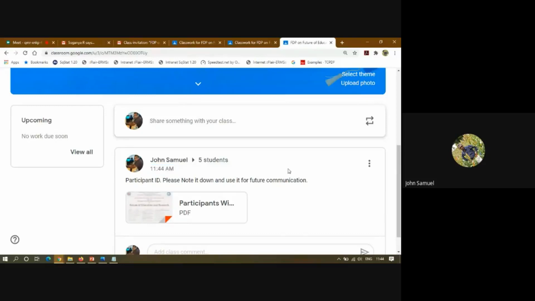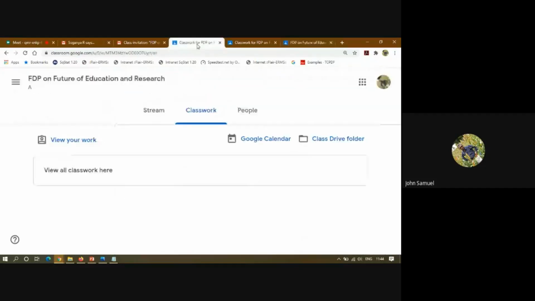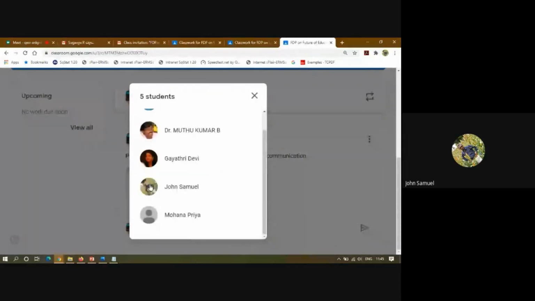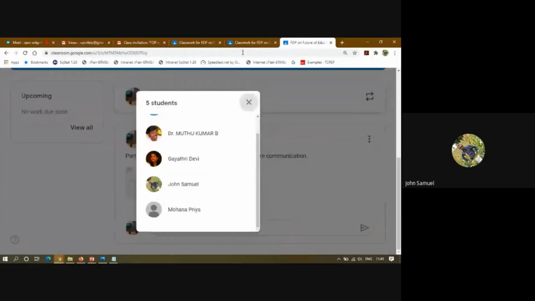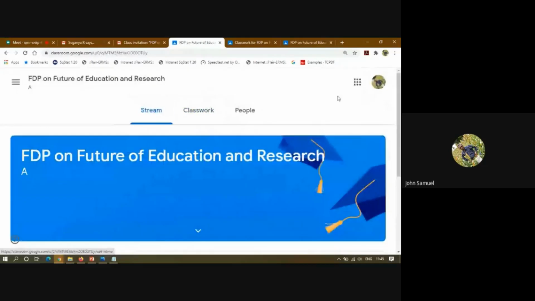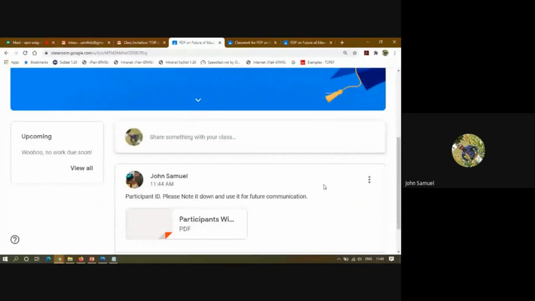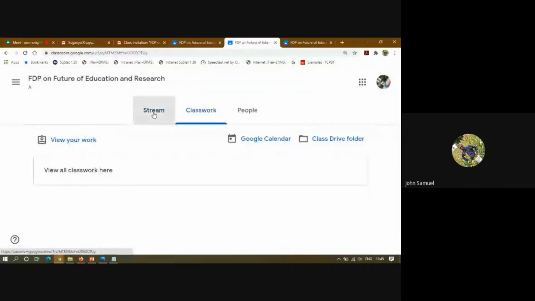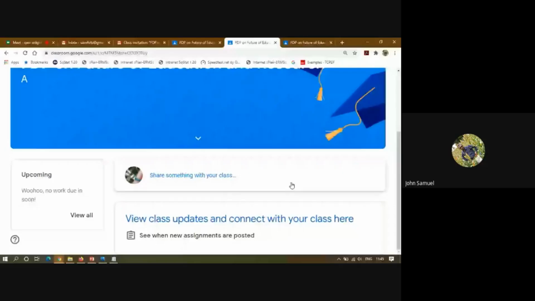Otherwise it won't show anything in this right side part, right? If I go to this classroom, that means I have missed, okay, I missed that green shirt John Samuel. So I am opening that blue shirt one. See, here it will be updated. It will be there, and in this green shirt one it will not be there, it won't display in that one. Even if you refresh a number of times, it will not be there.